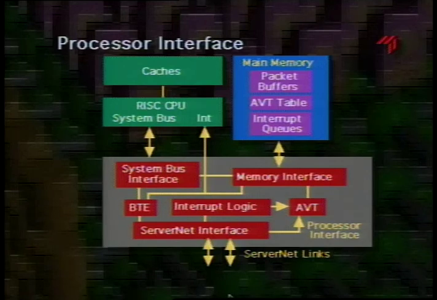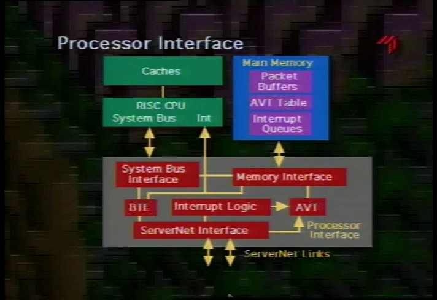When we get an inbound packet on one of the ServerNet links, the AVT, or Address Validation and Translation logic, looks up the destination address in a table that's actually maintained in main memory. If the packet came from a source node with rights to access that portion of main memory, it gets the physical address the packet is trying to access. The chip will either read or write that memory based on the request in the ServerNet packet. This AVT table then also serves as a scatter-gather mechanism because a transfer can be contiguous in the virtual address space of ServerNet but may be scattered in different physical pages in main memory.